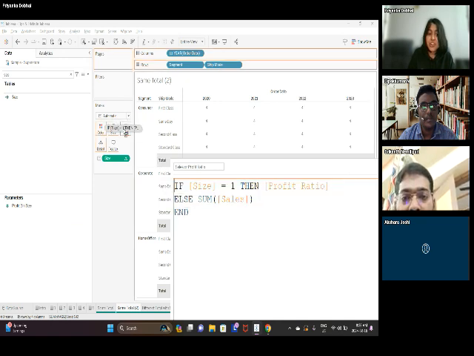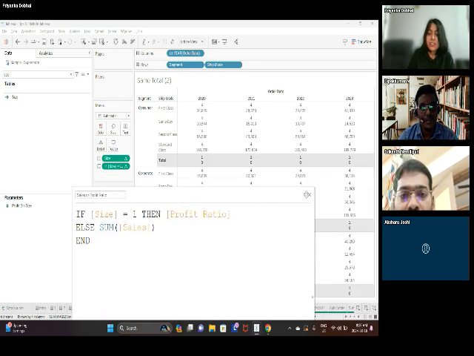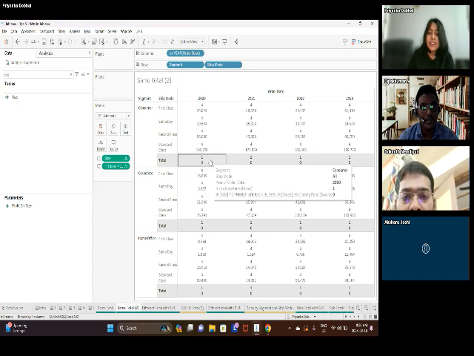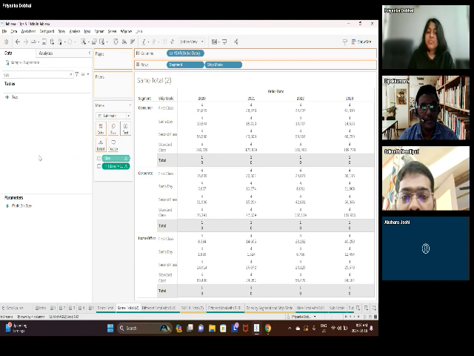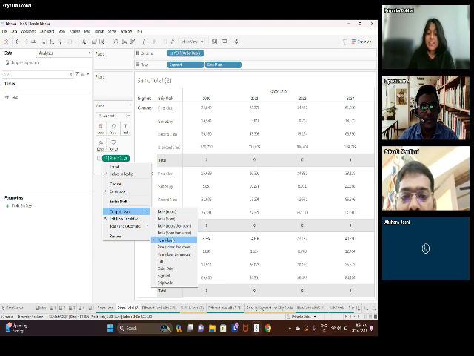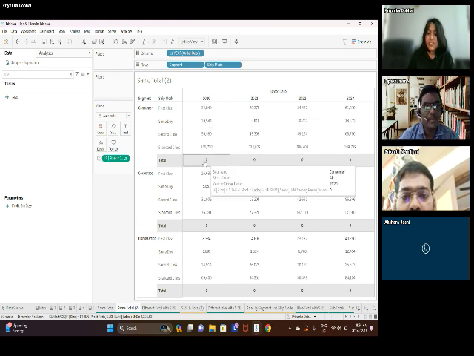Again, a quick shortcut if you want to test your calculation, this is how I would do it. Drag it here. Let's remove this for now. And you would see that my size is also visible. Let me remove size. I don't need that anymore. I'll make sure that this is computed by pane down. It is. But somehow my numbers, I don't see percentage over here.